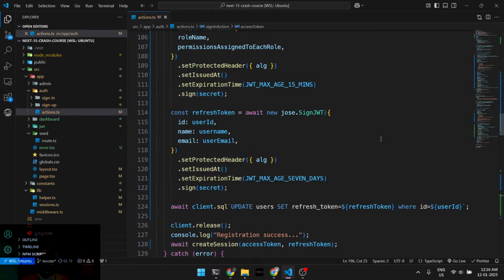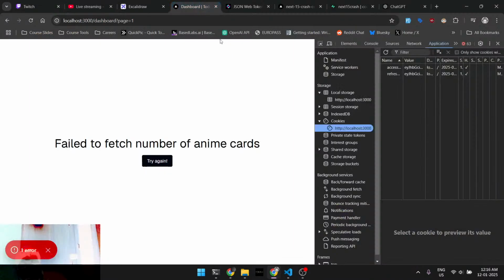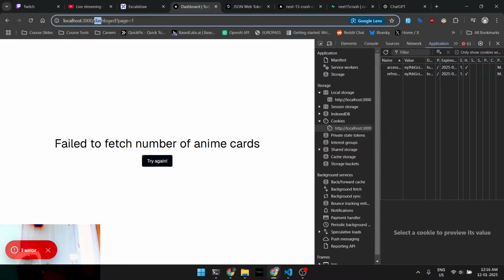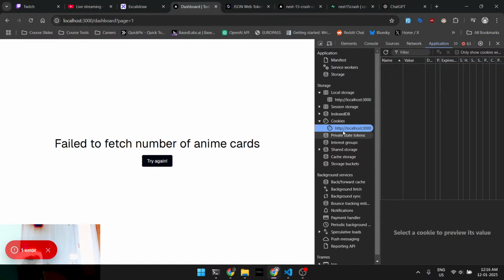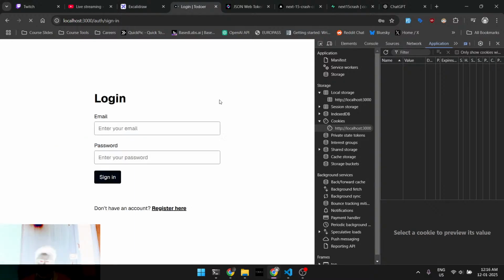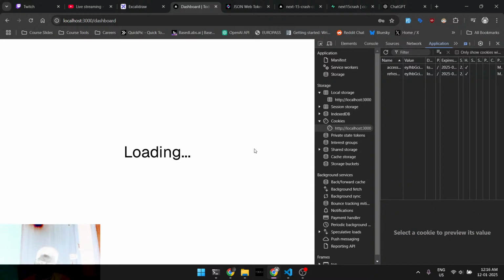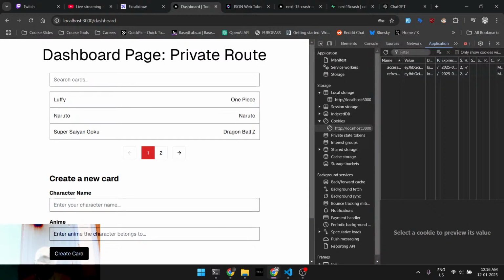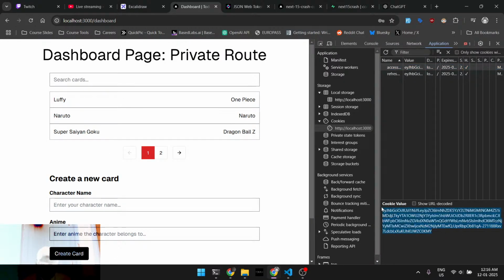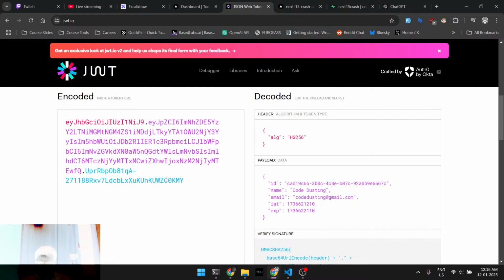So let's see how it actually looks, just to figure it out. Now what I need to do is go to my dashboard. I will clear my cookie. I will try to refresh, go back to my login and sign in. Let's see. This works. Now let's check the access token. If I go here and simply paste it,